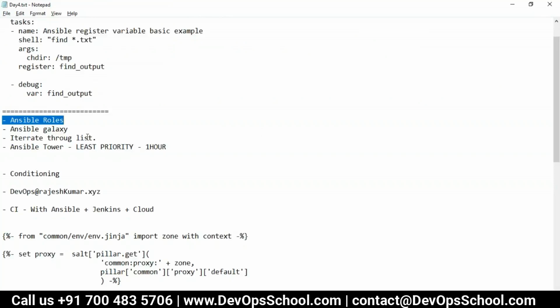What if I tell you that you don't even have to develop roles? You don't have to write even a single playbook. You don't have to write even a single program, and still you will be able to get most of the work done.